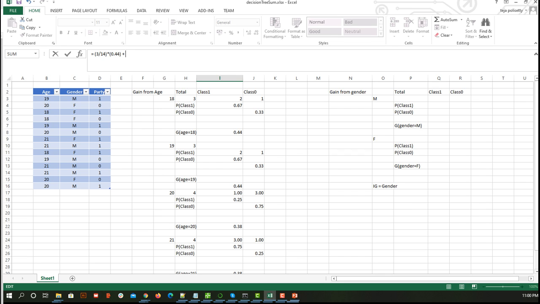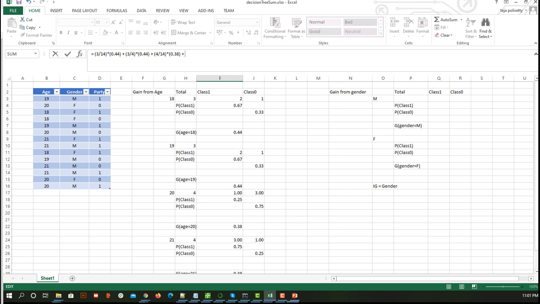Similarly, how many belong to age 19? 3 members belong to age 19, and the impurity we are getting from that is 0.44 again. Similarly for age 20, how many members are from this class? 4 members out of 14. So I can say 4 by 14 into the impurity or contribution of this, 0.38.